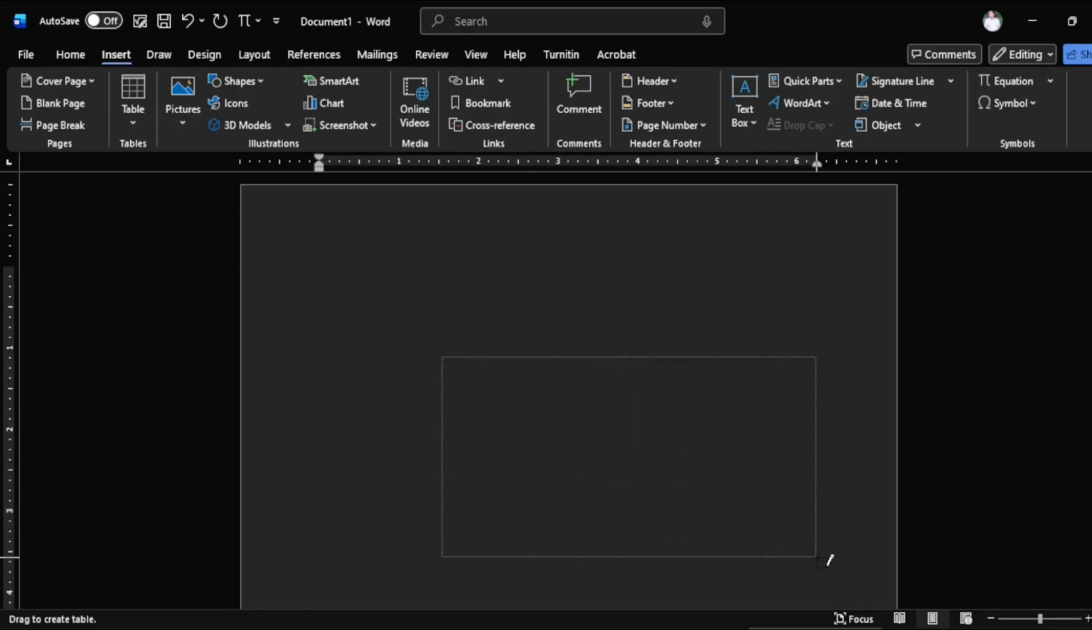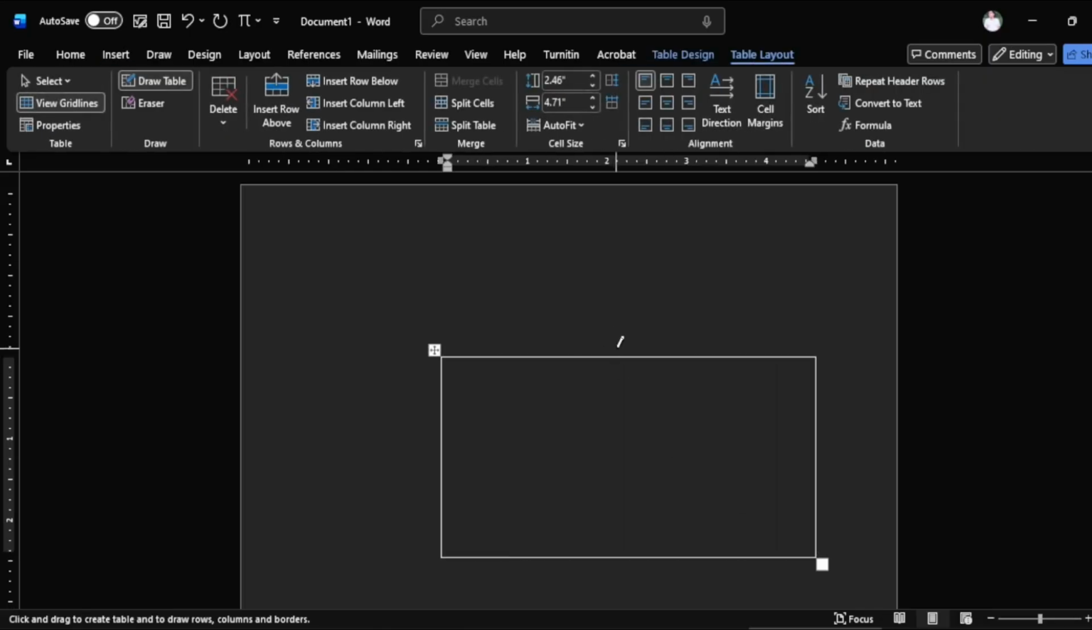For example, I draw like this and now I want to draw column. So I click on this, double click on this and draw a column like this, double click here and draw a column like this, double click here and draw a column like this. Now I want to put a row, so I double click here and draw the row like this, and then